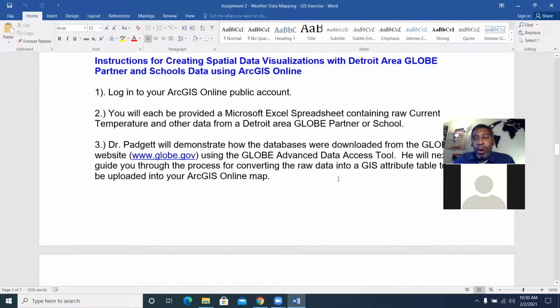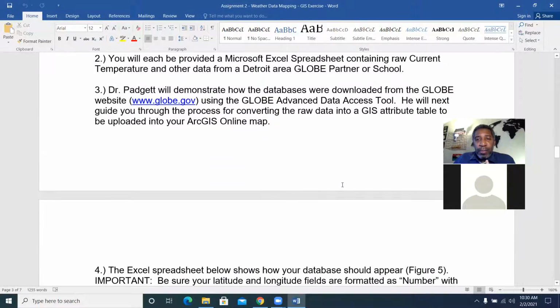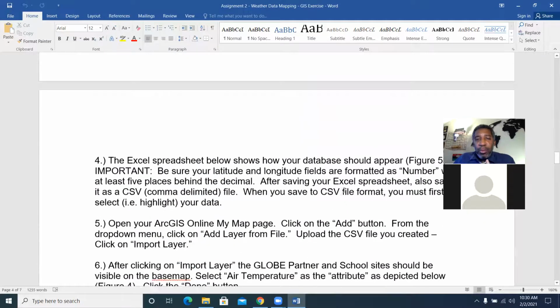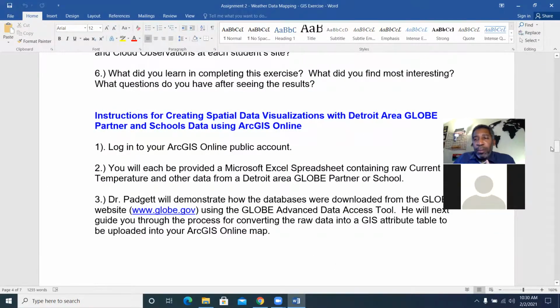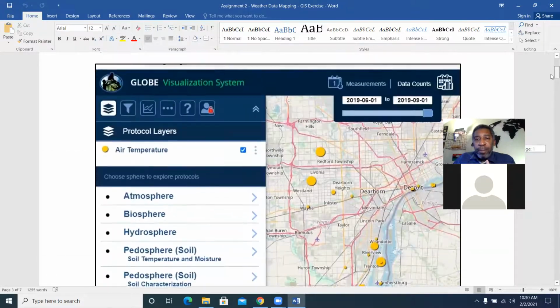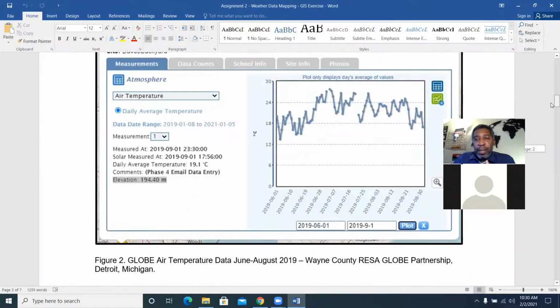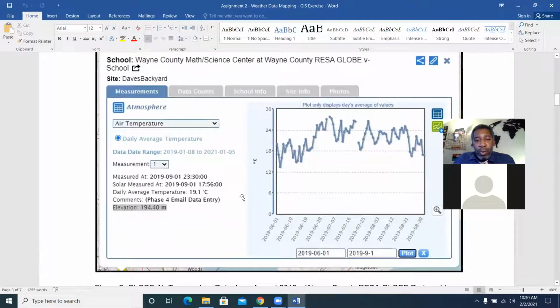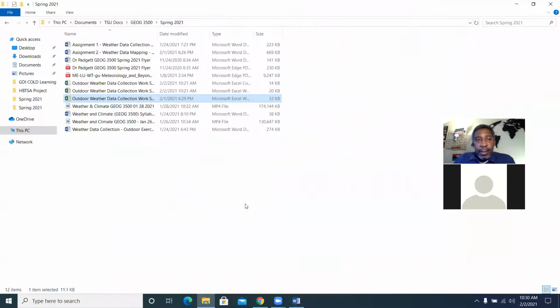Okay, so part 2 of this assignment is to create spatial data visualizations with the Detroit area GLOBE data. And so the GLOBE data are displayed here and here. And so what I did, and just to give you an idea of the source of the data,